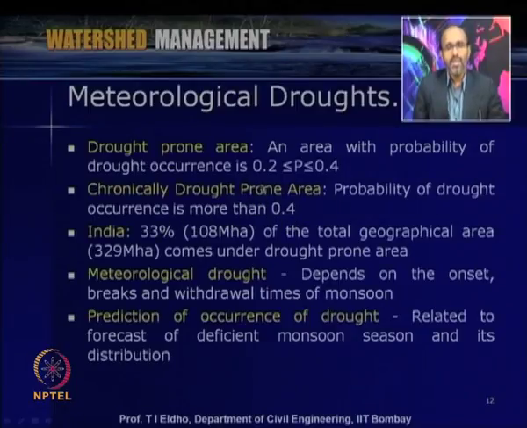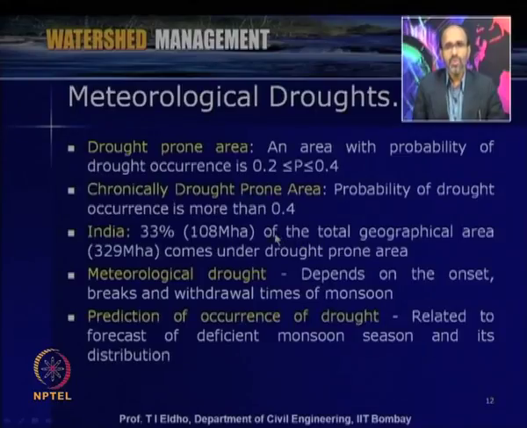Depending upon whether it is simply drought prone or chronically drought prone, we can classify the area with respect to the probability of the drought occurrence. For example, in India about 33%, or one third of the total geographical area comes under